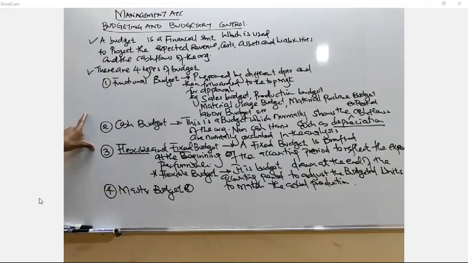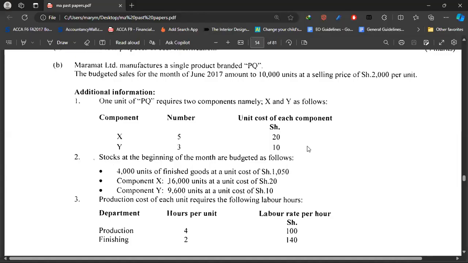I just want to do some two questions from each type of budget for better understanding. Then from there, we shall be able to conclude about budgeting and budgetary control. We will be able next time to focus on other topics. So allow me to do some illustrations here. I'm going to start with May 2017, question 5B. I know you have the past papers with you, so you just need the past paper and a calculator, and then you participate.